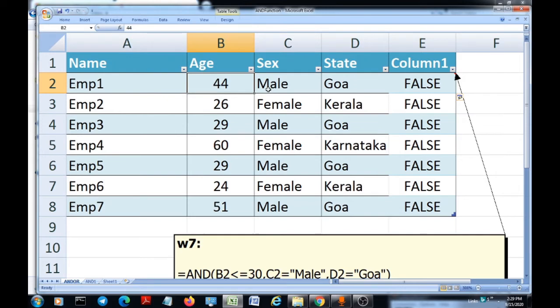Here I will make it 29. And here instead of Goa, I will make it Kerala. The condition which is false here should become true because I'm changing the state to Kerala, and the other two conditions are already met, age less than 30 years and sex being male.